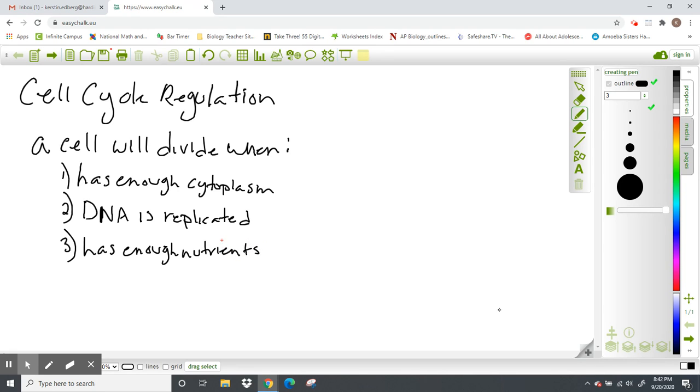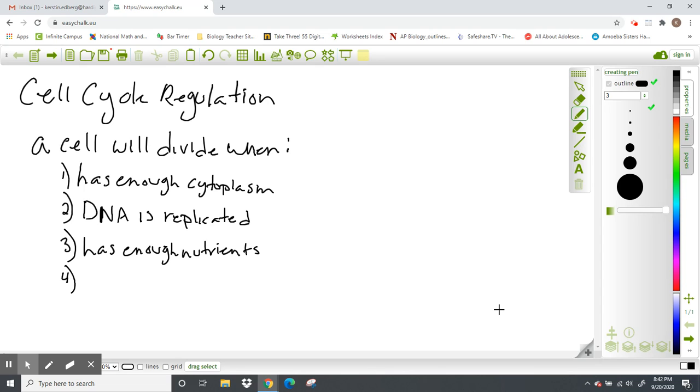Just like you can't expect you or your kids to have a productive day when they're at work or at school, a cell can't be productive if it doesn't have enough nutrients. So there's no way it's going to be able to divide if it doesn't have the nutrients to sustain that division process. Now, where it gets a little complicated is how that cell division is signaled, and that's what we're going to talk about today.